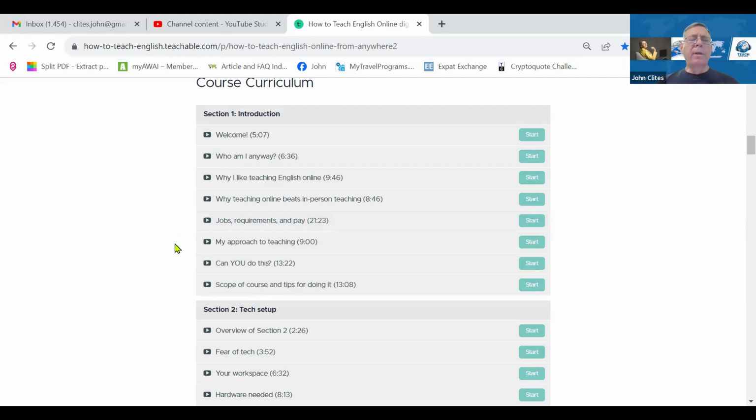And I included this bit about my approach to teaching because a lot of folks are really not sure where to go with this. It may seem a little bit overwhelming. So I like to talk a bit about what teaching looks like for me each week, each month. What is the cycle that I go through? And of course, you don't have to teach the same way that I do. You don't have to teach the same specialization that I do, which is business English. But this might give you some idea of what teaching English online could look like for you.